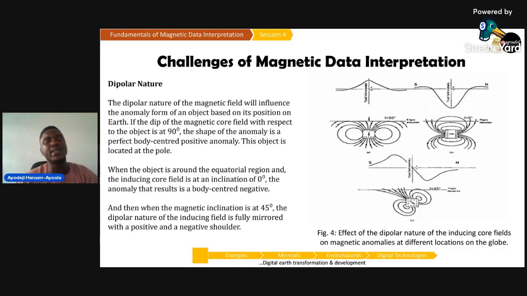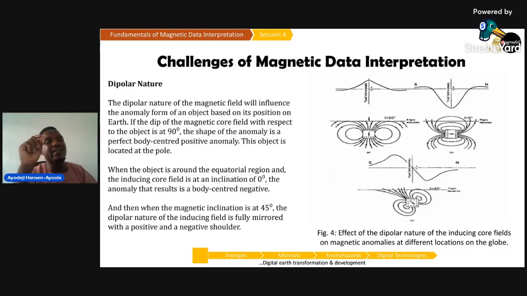As you may be aware, the outer core of the Earth is either semi-solid or a liquid, and so there are convection currents going on in the outer core of the Earth, and as a result, a field is generated, and that field causes the Earth to behave like a giant magnet. Also, as it's been said to us, the field generated at the outer core of the Earth is approximatable into a dipolar feature, and